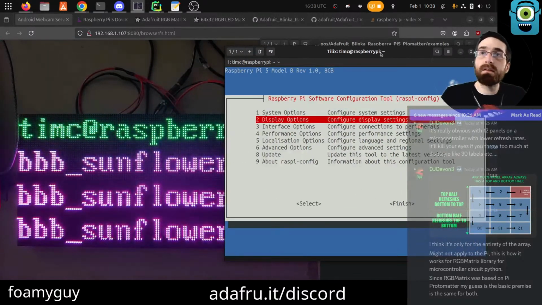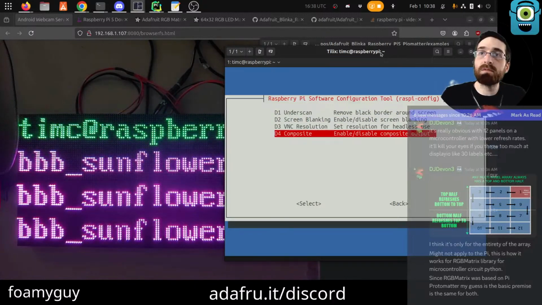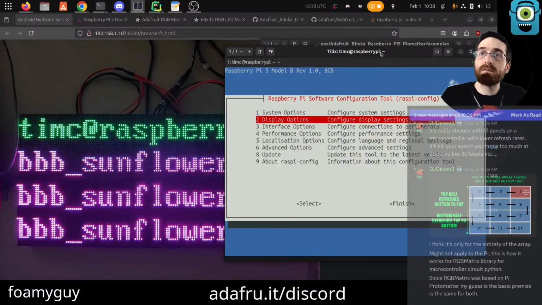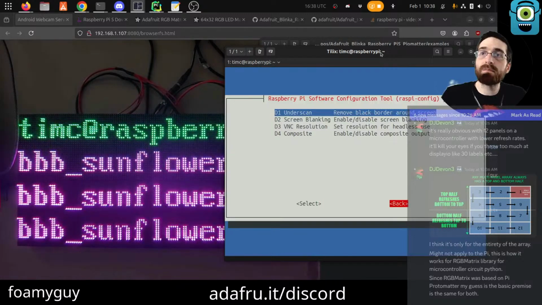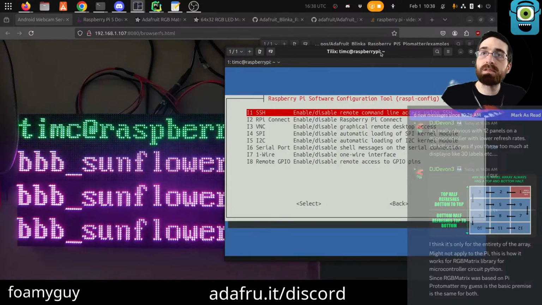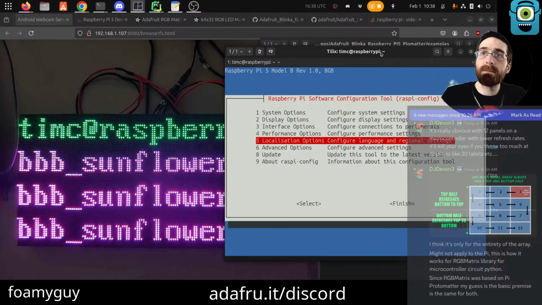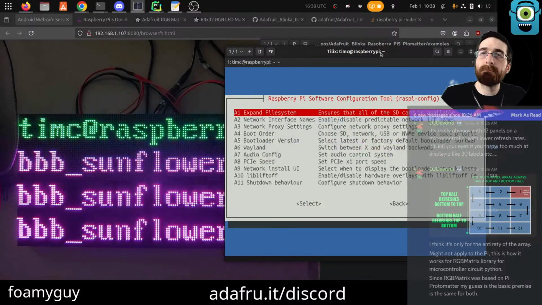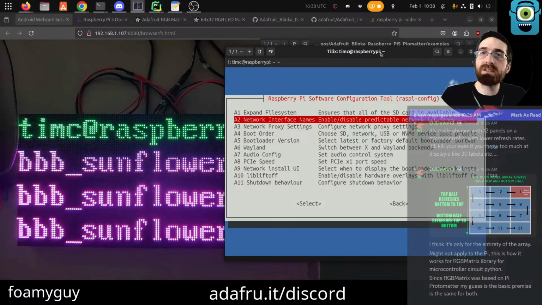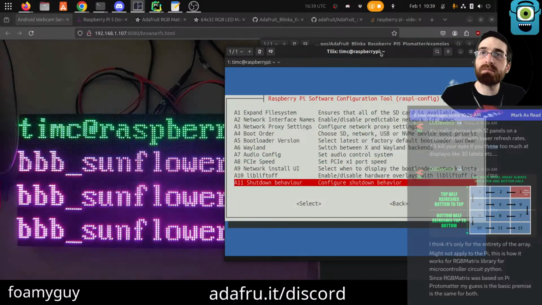I don't know where it would be though. Oh, that's where I was. Interface? It's like terminal font size somewhere.